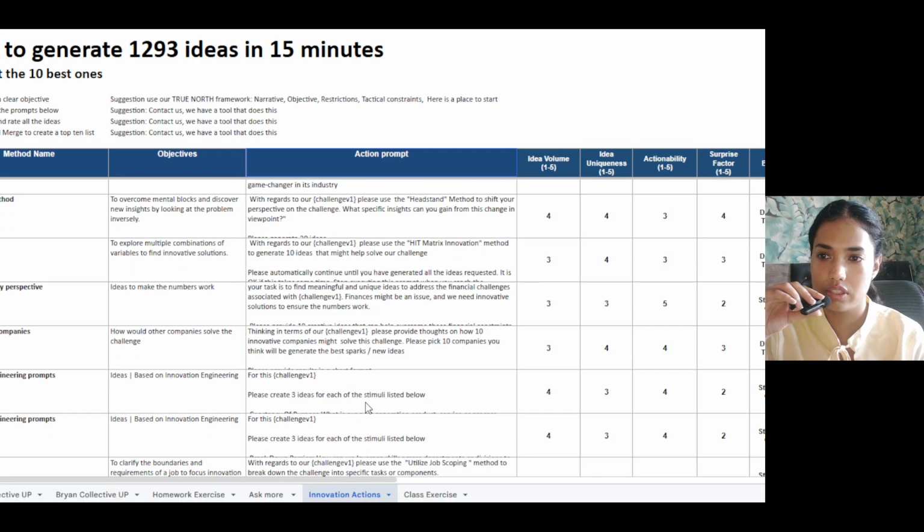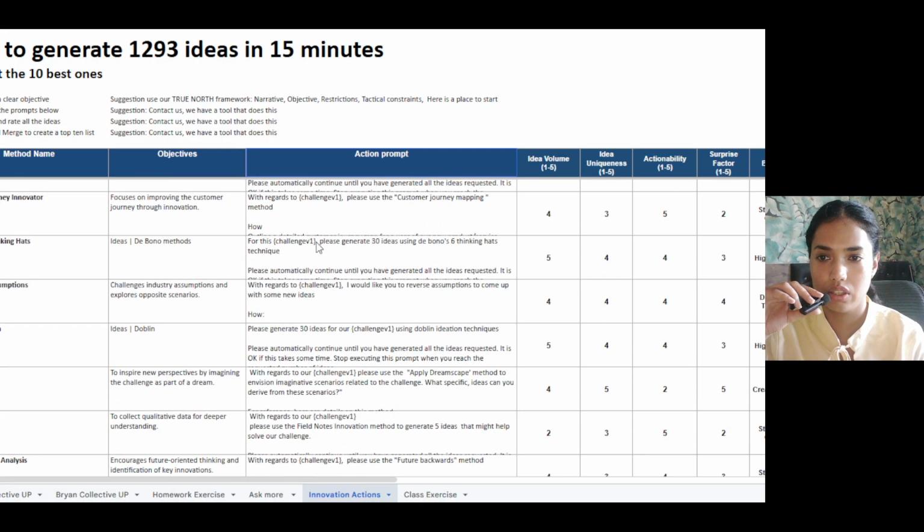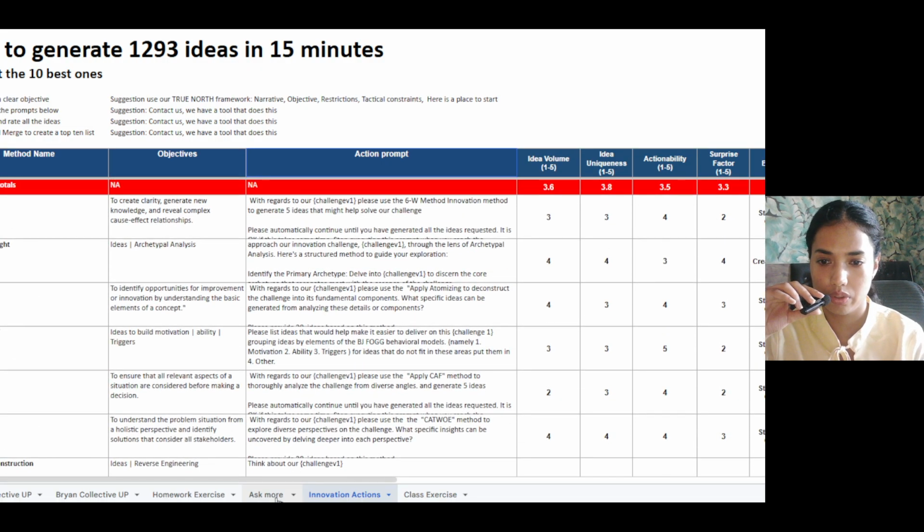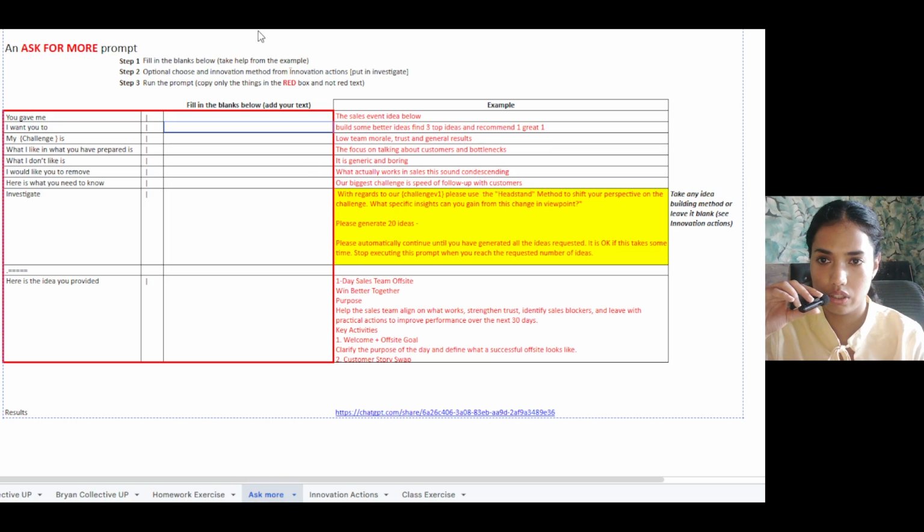Here we have listed different methods with their objectives and prompts that you can use to generate ideas for you. So in this particular template, in the investigate row, you can use any of the ideas from that sheet, or you can use your own idea, your own method.